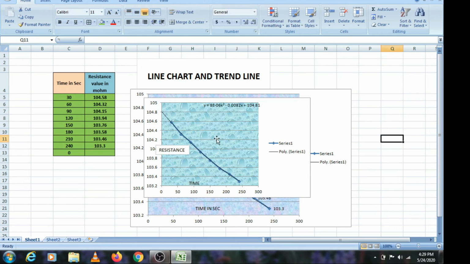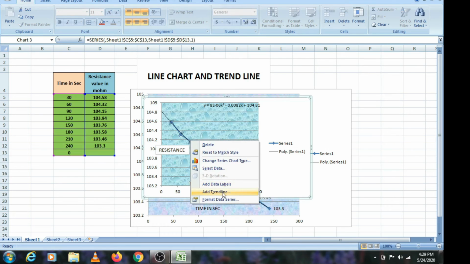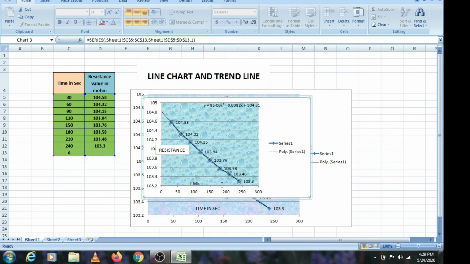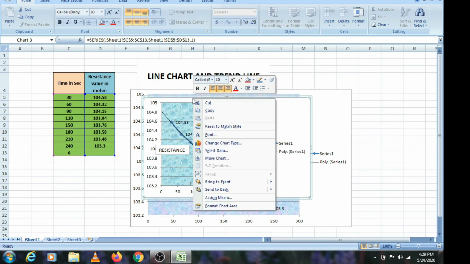Okay, now you can select the trend line and you can add data labels. Okay, so it is showing the values at each second. Okay, now you can give a chart name also by clicking here.